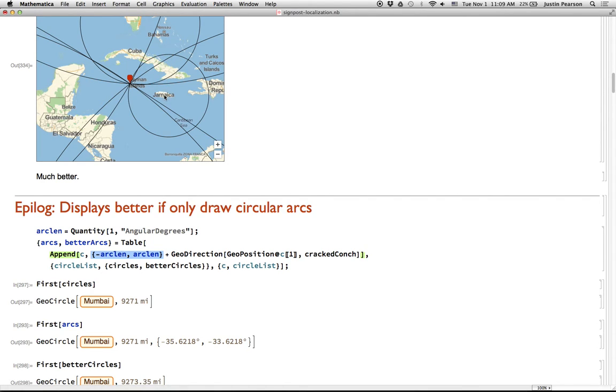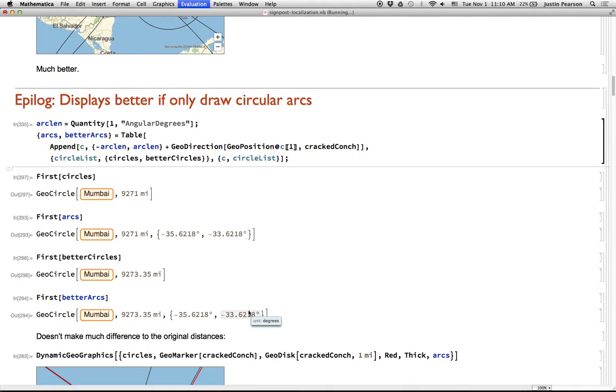We need to offset that by the angle from Jamaica, for instance, to the Cayman Islands. So we need to add an angle to that -1 and +1 in order to shift it around to the correct arc. So that's what this geodirection is. Okay, so that's how that works. So whereas in the old days we had a circle that was centered at Mumbai and had this radius, which was on the sign,